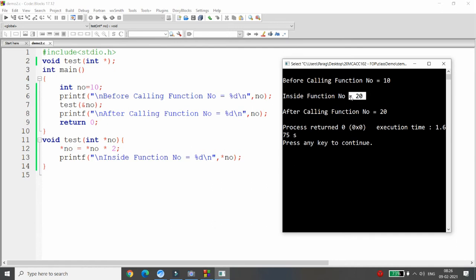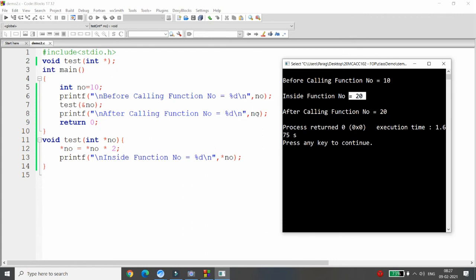And if you look carefully, then what happened? This is the number that is passed over here. The value that is processed over here, that is on the pointer variable. It means at this address, the value is changed. And if at this address, the value is changed, then the actual value will be changed. So this is the concept that you can say is the call by reference. Pointer can deal with the call by reference.